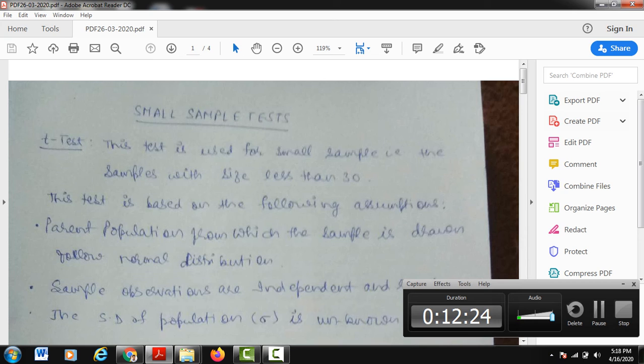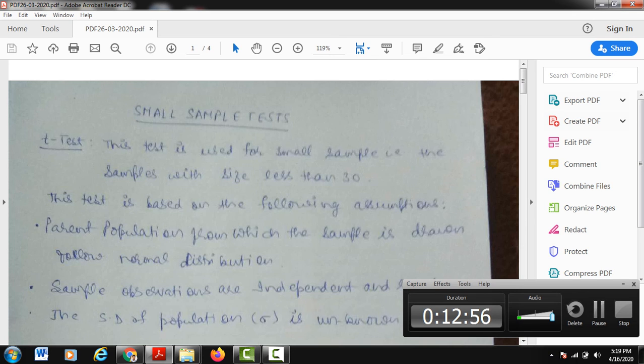The t test has the application of testing a single mean, or the difference of means of two samples. That is, if I want to check whether the given sample has been derived from a population possessing a particular mean or not. Secondly, if I want to check the equality of variances between two samples or two populations, or whether the sample taken from the population has a particular variance or not, then we use the F test.